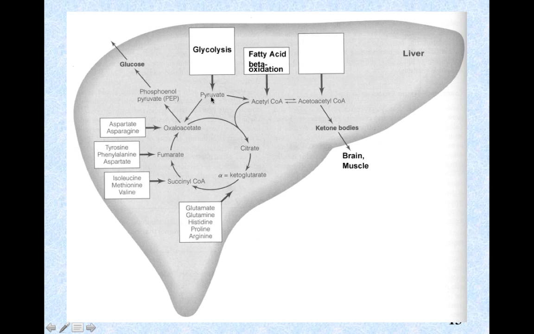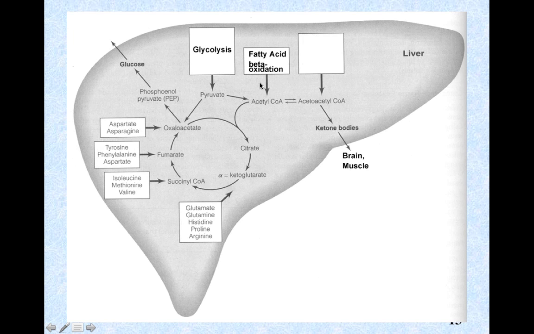That pyruvate could, if it was available, be converted to oxaloacetate to condense with acetyl-CoA in order to use that acetyl-CoA for Krebs cycle. So let's say carbohydrate coming in from the glucose from the blood is limited, or glycogen is limited. You essentially decrease the ability to convert pyruvate to oxaloacetate to combine with acetyl-CoA when fatty acid beta